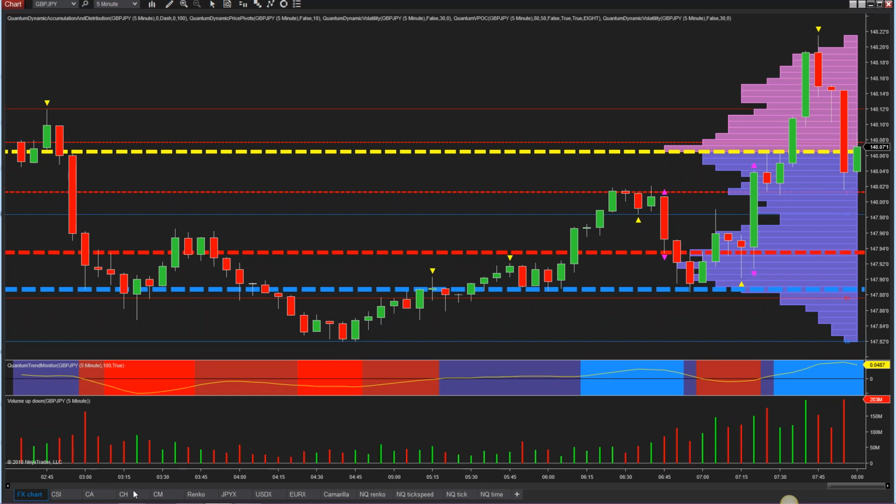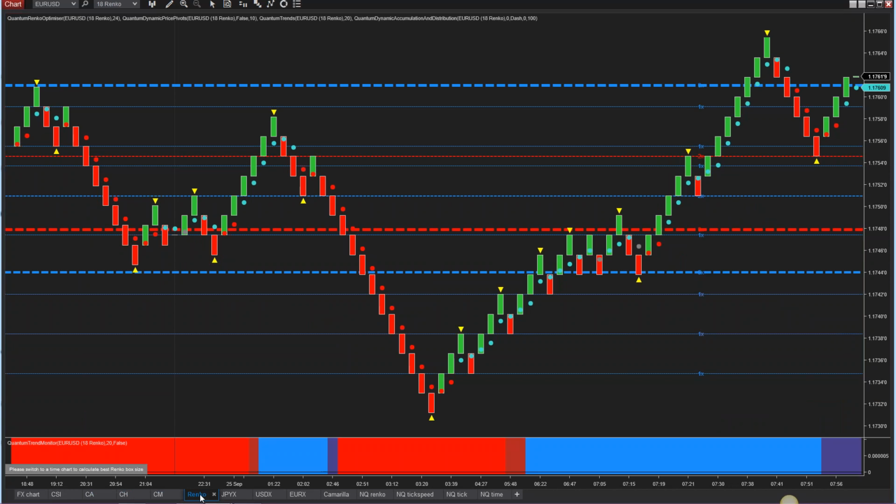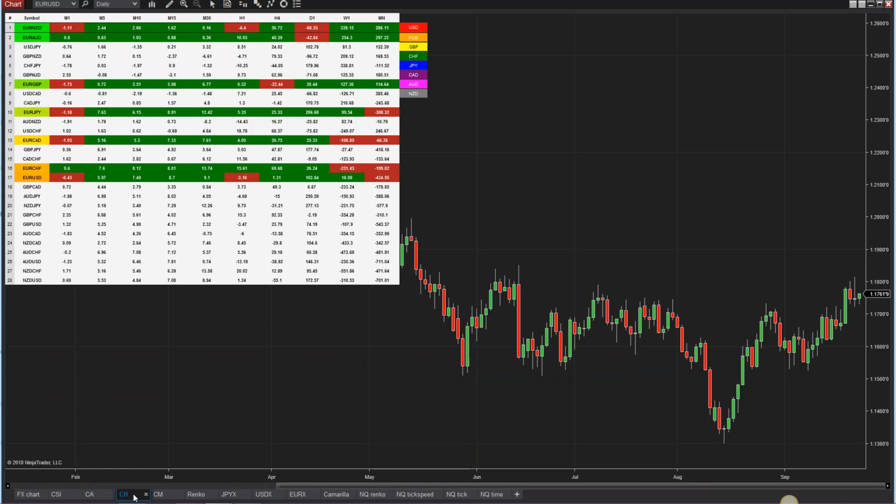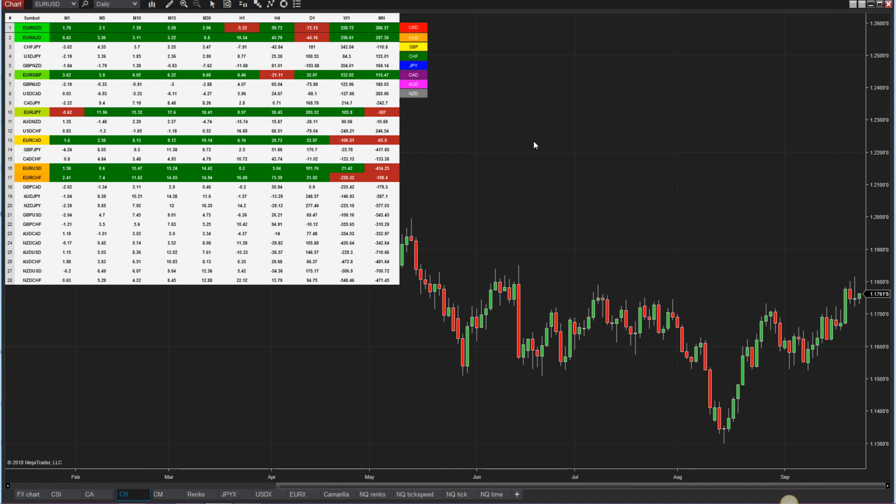Let's just go to the, I can't remember what I've got on the Renko here. I've got euro dollar again. Let's go back to, this is the heat map. What I've done on the heat map is I've actually isolated out the euro. And this is a much slower perspective in terms of the currency pairs and their relationship to time, because what the currency heat map is doing is looking at a much slower time frame. You can see here we've got 1 minute right the way through to 1 month,